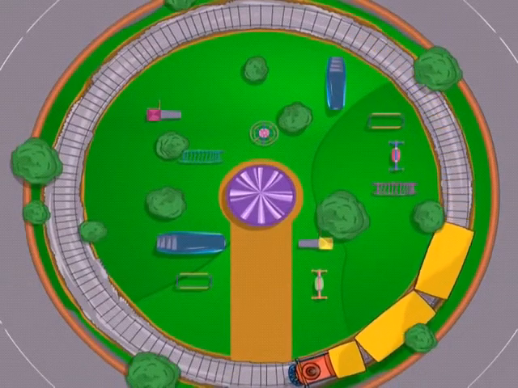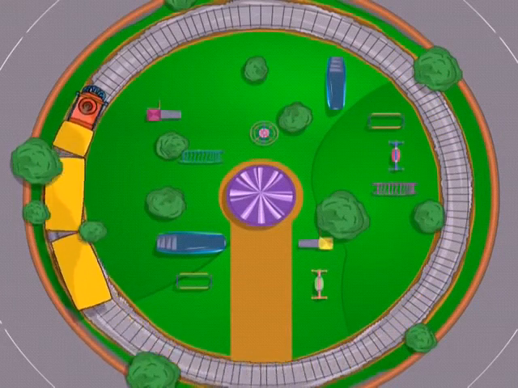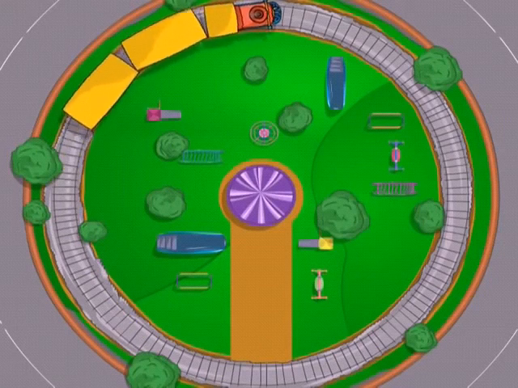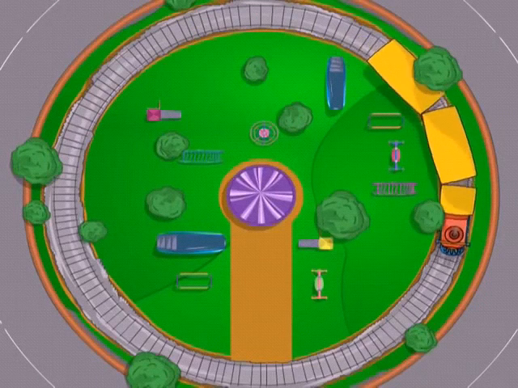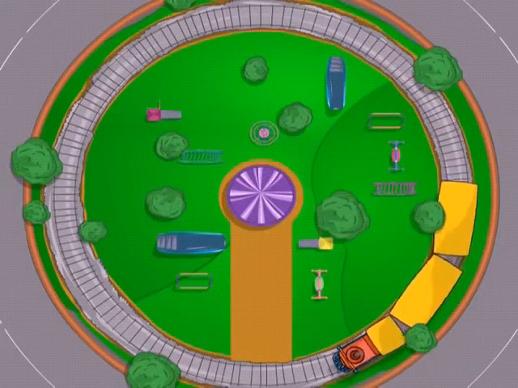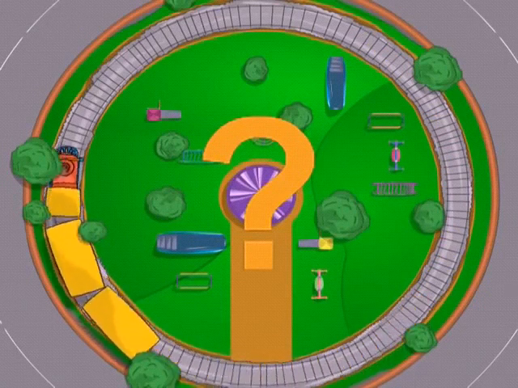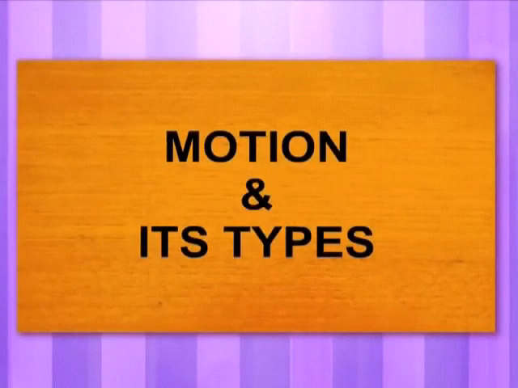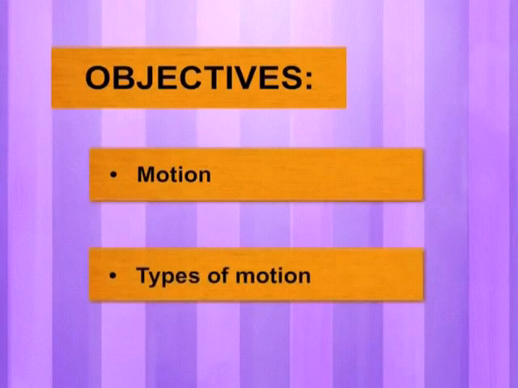Further, the child along with the train keep going in circles again and again. That is, the motion of the train is repeating after certain time intervals. In the illustration here, we just witnessed different types of motions. What are these different states of a body at rest and motion? In this module on motion and its types, let's understand different types of motions with examples as we study what is motion. What are different types of motion?